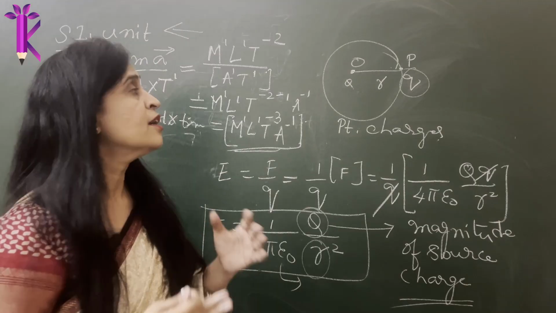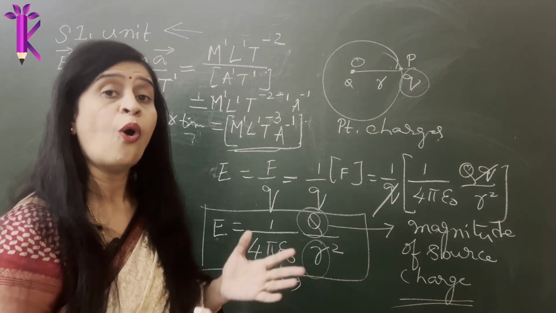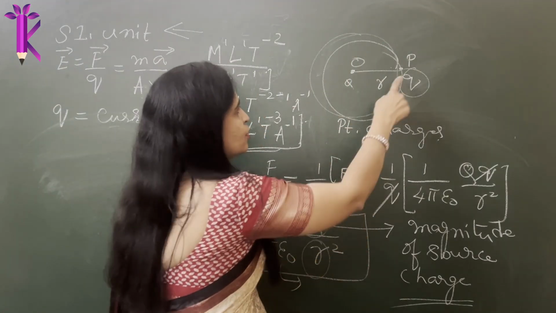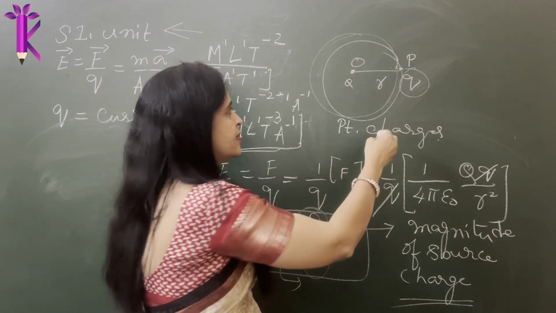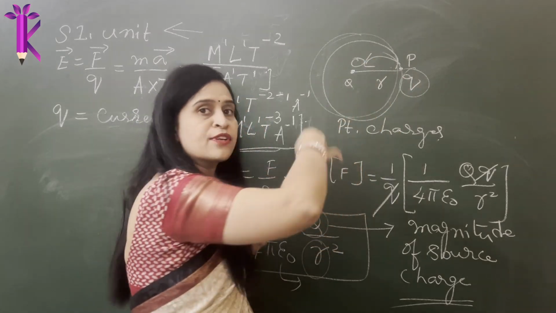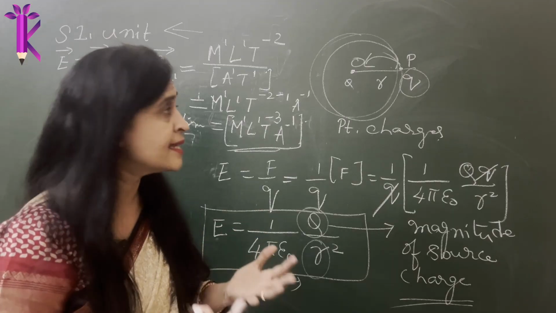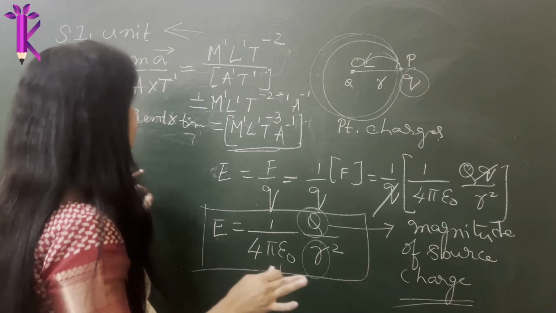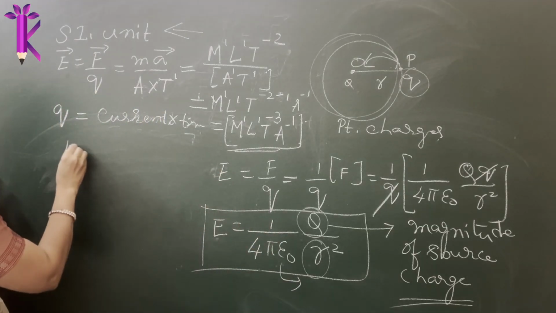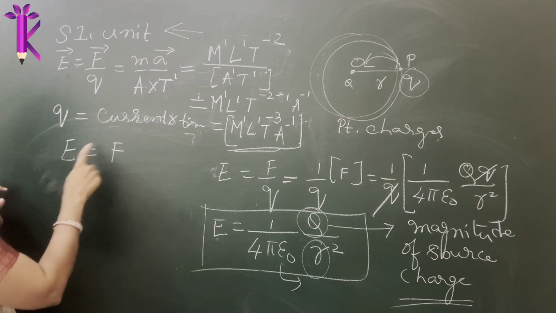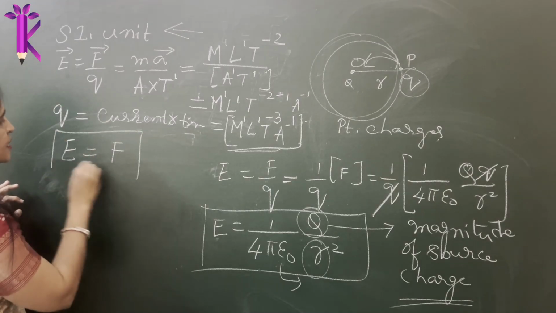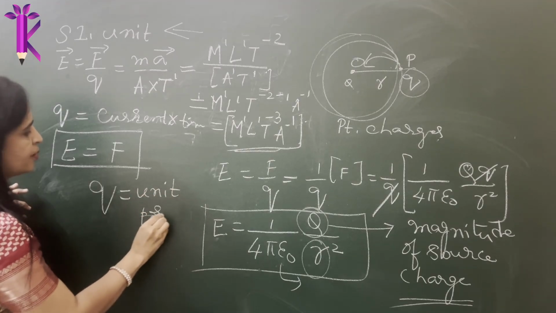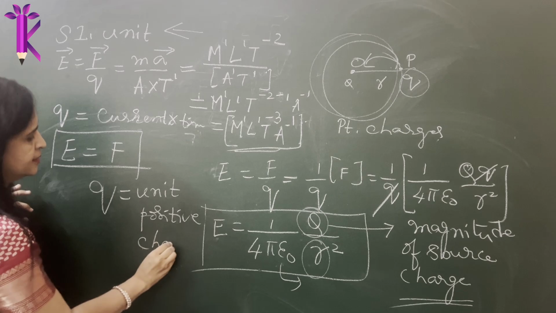Why? Because we are using the test charge only to test the force of influence around this source charge. We want to measure this force, right? So if you take a huge charge and try to measure this, obviously this charge will also exert a lot of influence on the test charge. So we are basically using a very minimal charge. We are using a unit test charge. So we define the electric field, or the area of influence around a source charge, as equal to the force experienced by a test charge if you are using a unit positive charge. So you are basically using a unit positive charge, right?